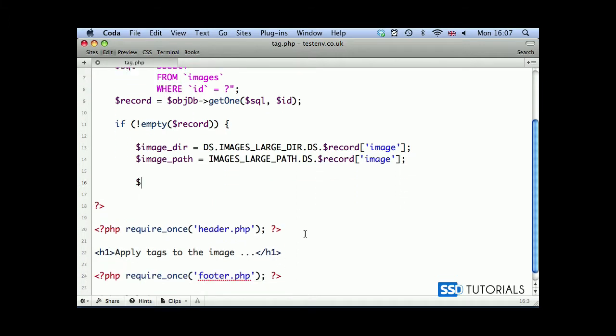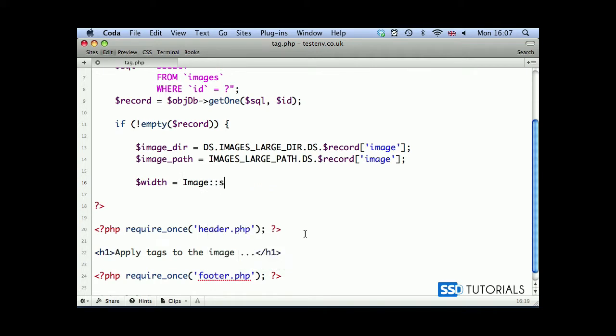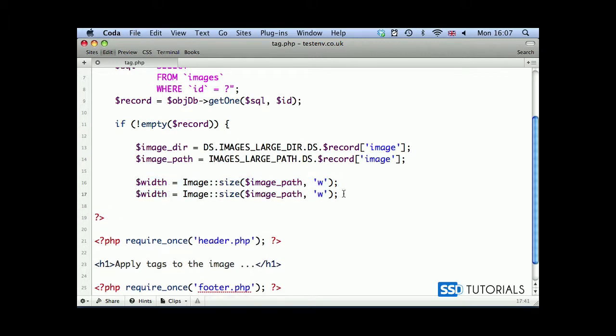Now we're going to get the width equals Image and a new method called size. And we're going to get the image path as the first parameter. And what we want to get is width, so it's going to be W, the second parameter. And then we want to get height, so it's going to be H, and the height variable. So let's open our